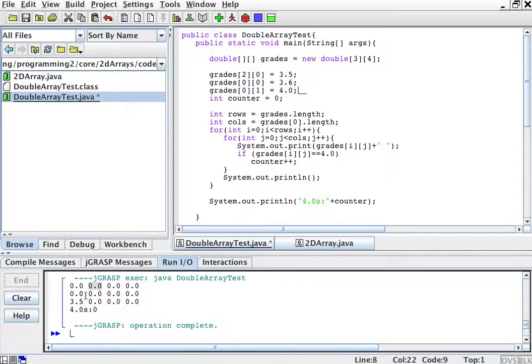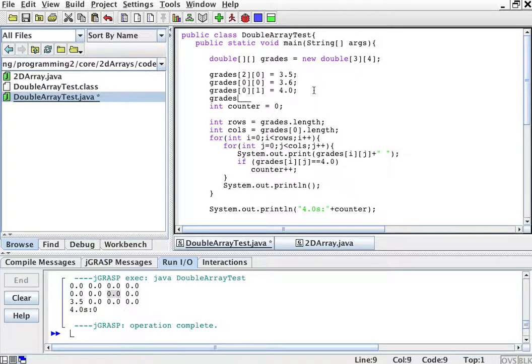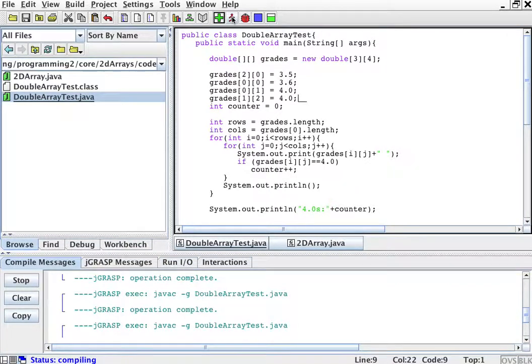and say I want to change this element here. That will be row number 1 because it starts from 0. Row number 1, column, I'm sorry, I'm going to change this one. Row number 1, column number 2. Right. So row number 1, column number 2 equals 4.0 as well. Okay. So I'll print this,